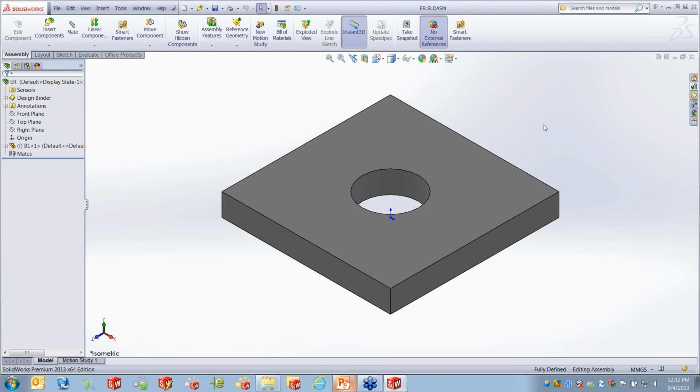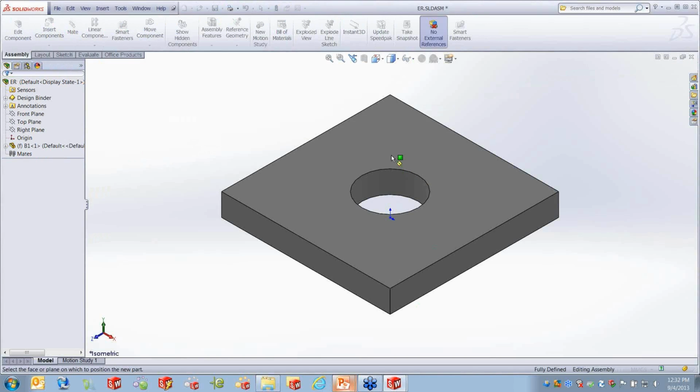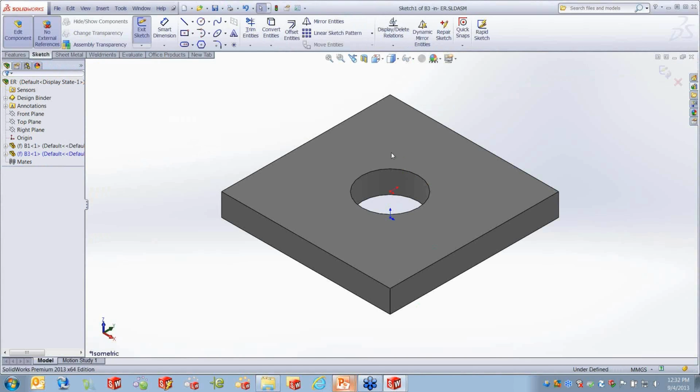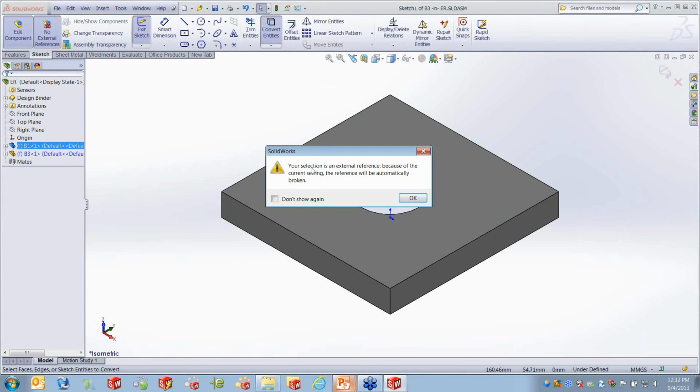What this allows me to do is work inside the assembly environment and not create references and relationships. So now when I insert a new part and I give it a name and I place it on a face, it doesn't create a reference. If I tell the software I want to copy the edges, it's telling me this would create a reference,